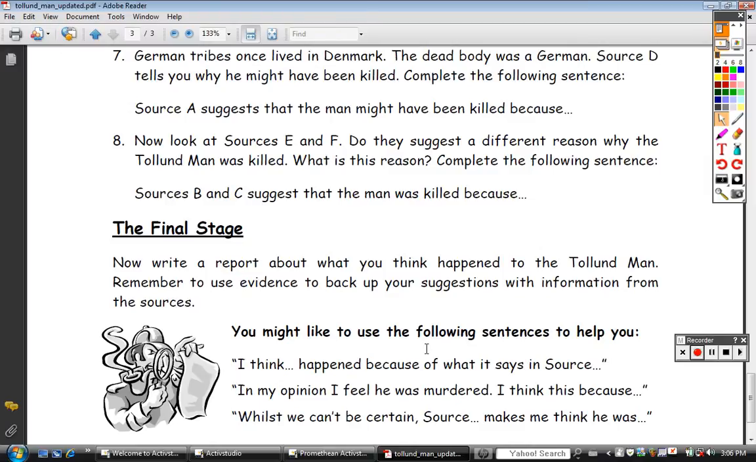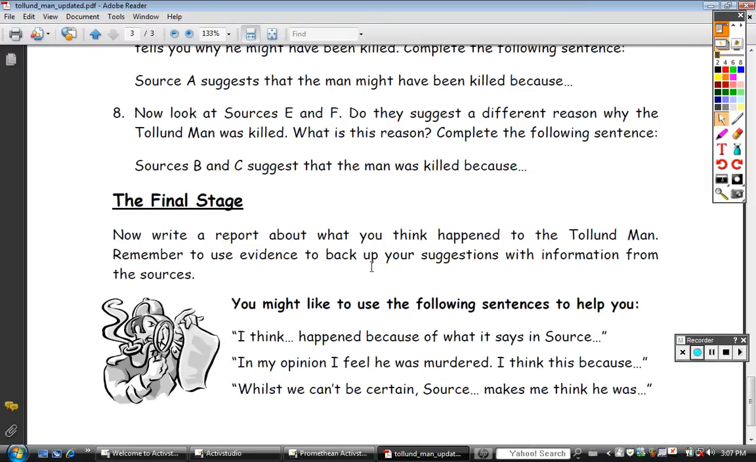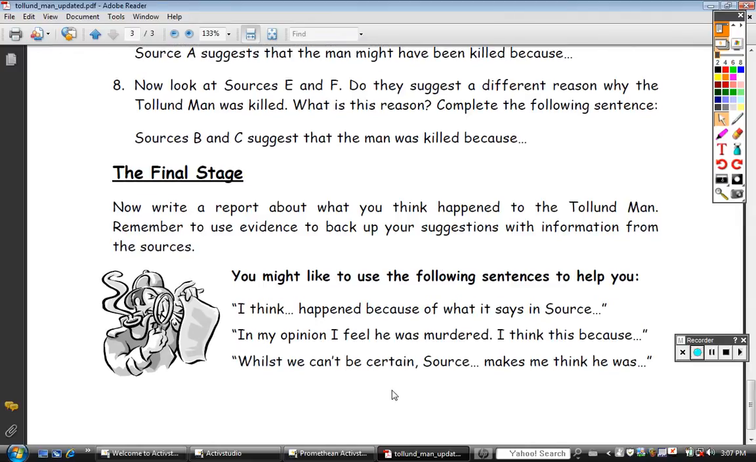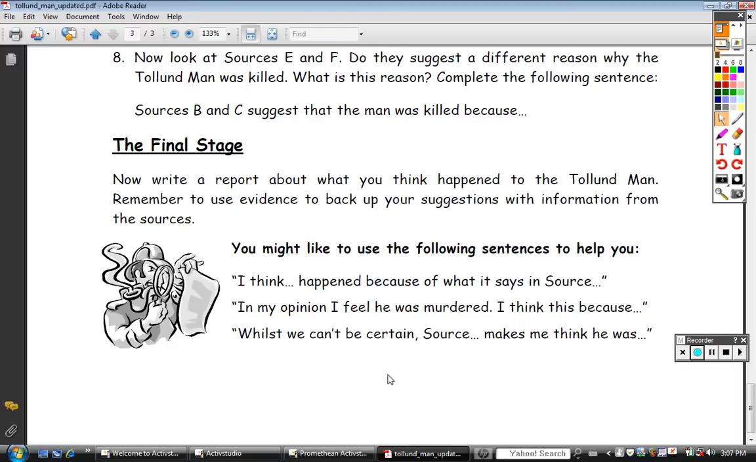Your final assignment is to write a report of what you think happened to the Tollund Man. Remember to use the evidence to back up your suggestions with information from the sources. And I would like you to use proper writing conventions as always, and anytime you're writing. You might like to use the following sentence to get you started. I think